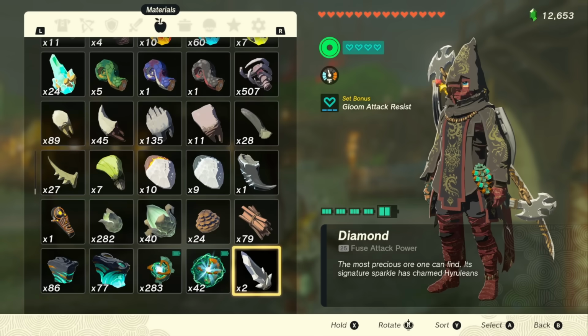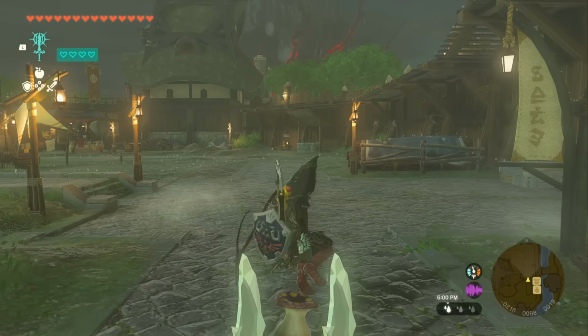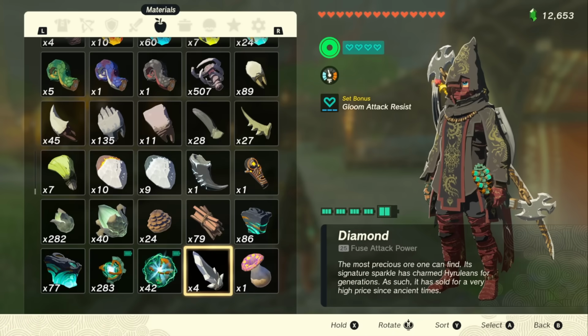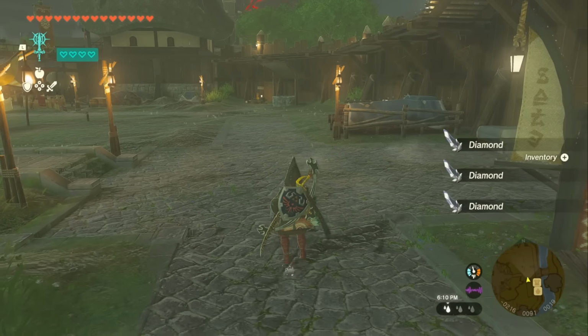Now, if we do the shield jump, enter the menu. I'm going to hold that 1 puff shroom, and now I'm going to hold both diamonds. We're going to exit this menu, and we're going to pick all these items back up. And we'll go back down, and now you'll notice that I've duplicated 2 of them instead of just 1, which is great. So now we have 4 diamonds, and you can keep going with this. So now we're going to hold all 4 of these diamonds in our hands. We're going to drop it, and then we're going to pick all of these back up, and they should be